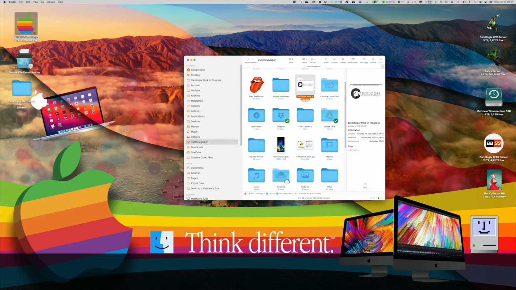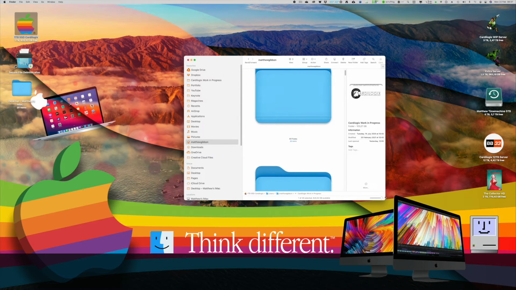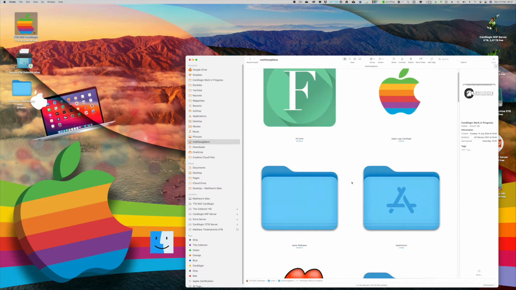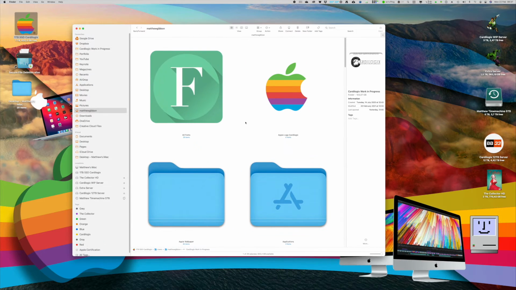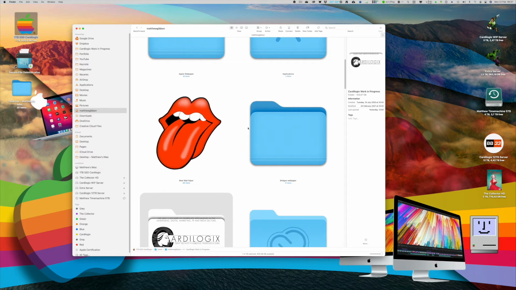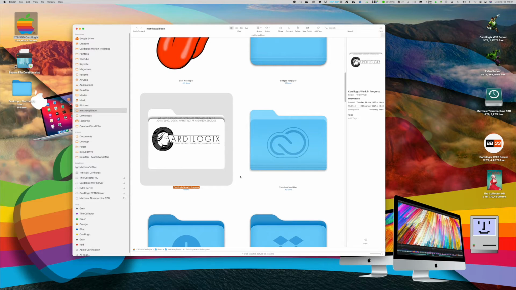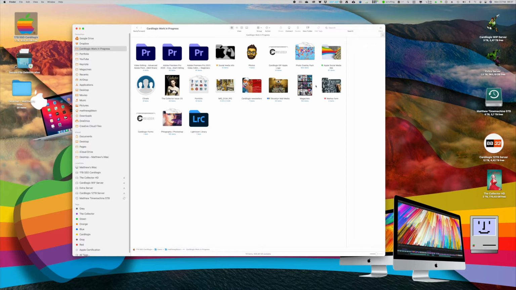I create a home folder. I open up my home folder and I create a work in progress folder there. In this particular case, I've called it CodLogix work in progress. Only the work that I'm currently working on is inside of this particular folder. I can put folders, subfolders, more subfolders and files inside of this home folder,